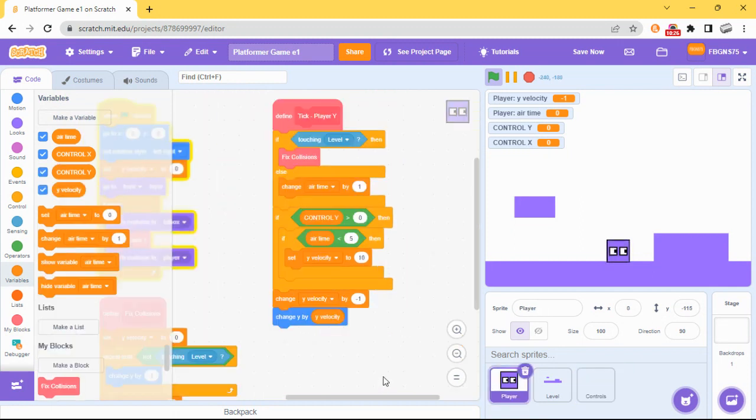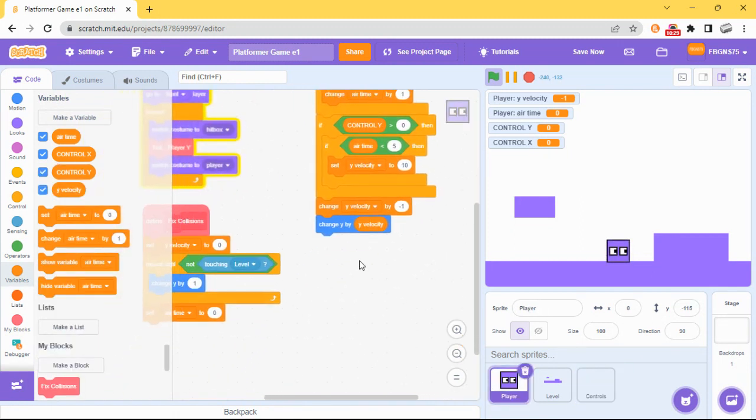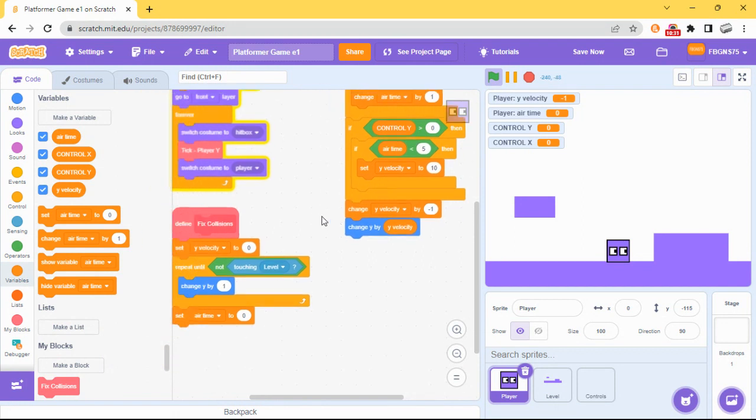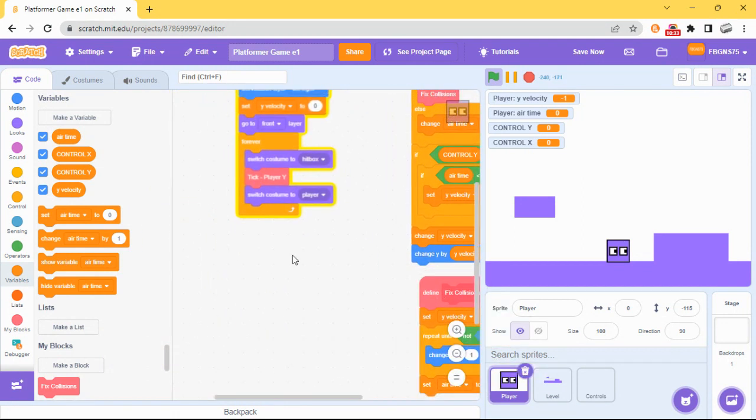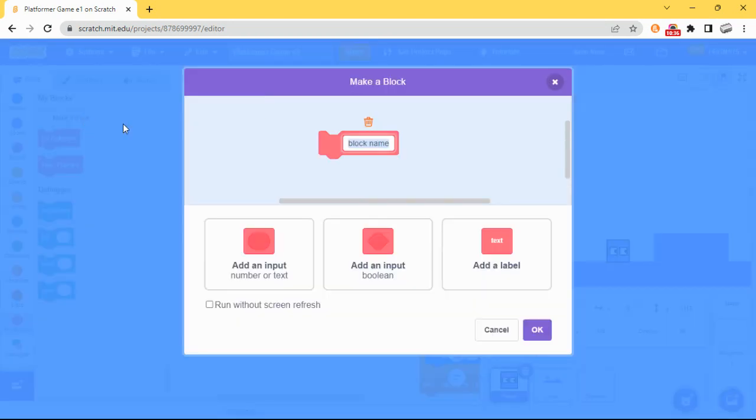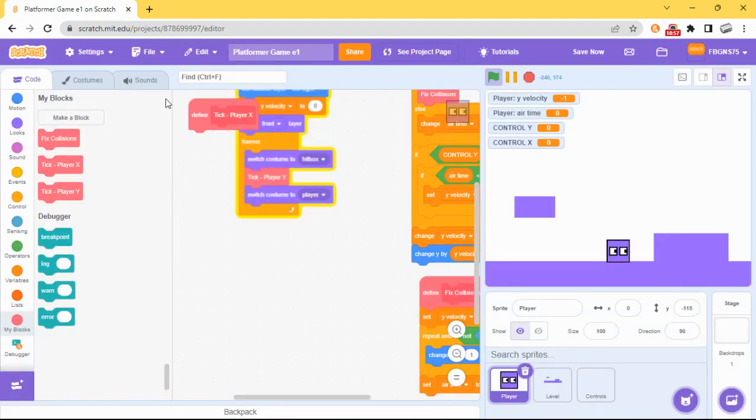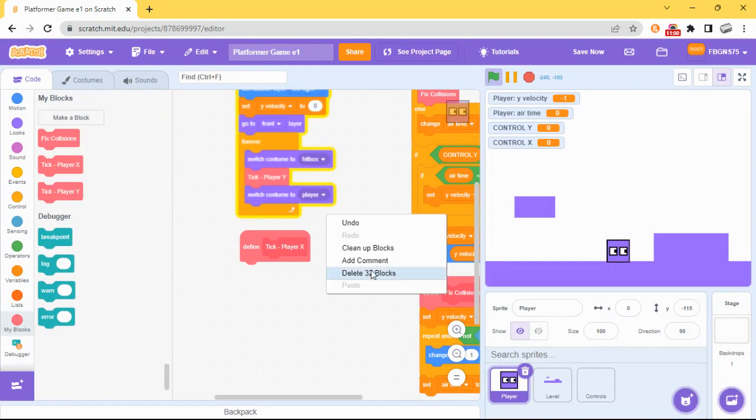So now we're going to need a brand new custom block, and we are going to call it tick player X. Run without screen refresh. So define tick player X